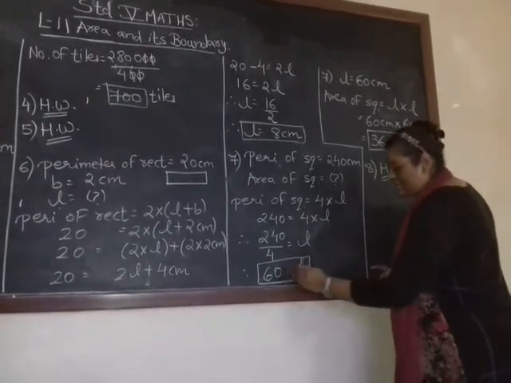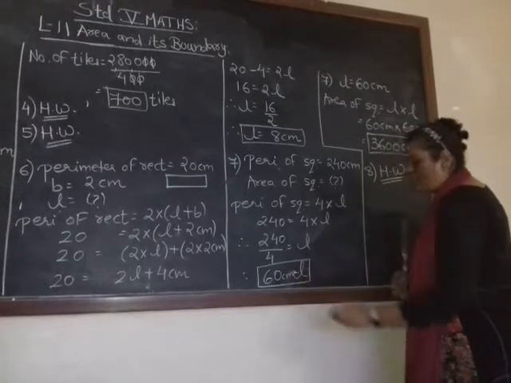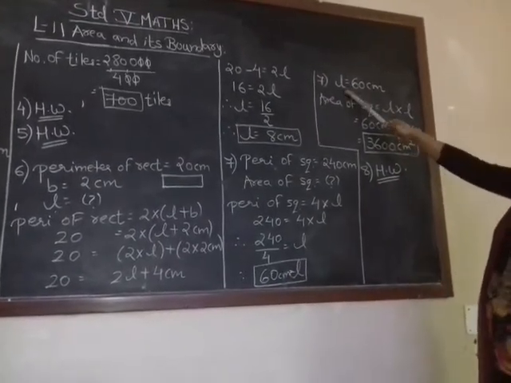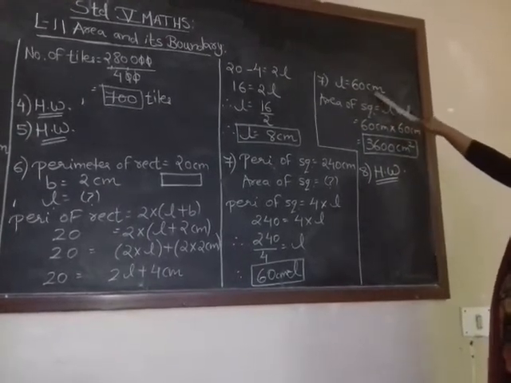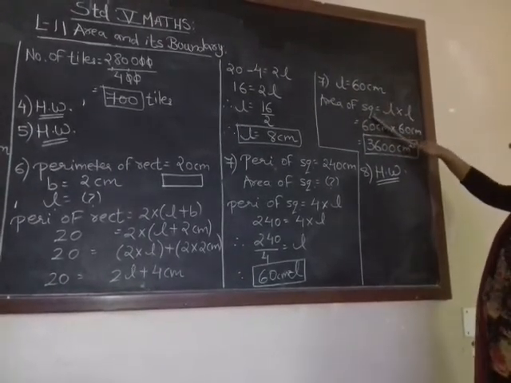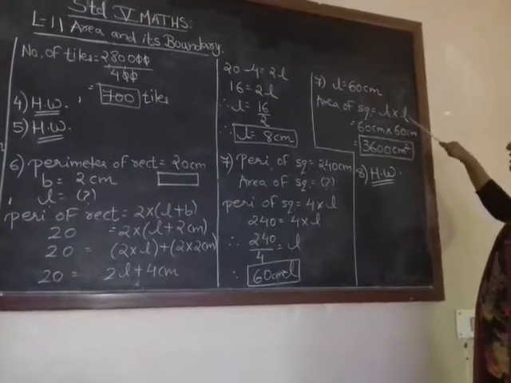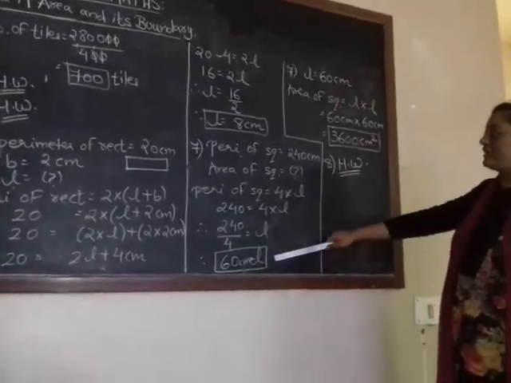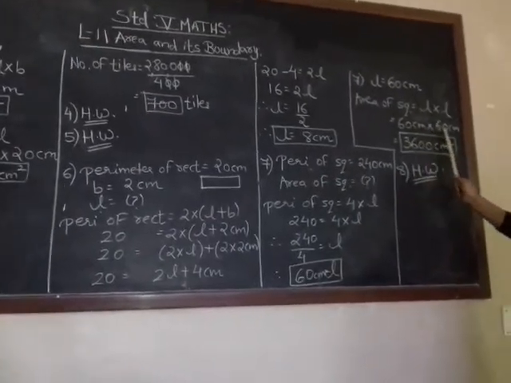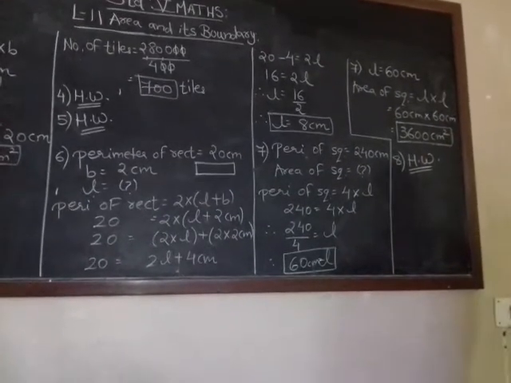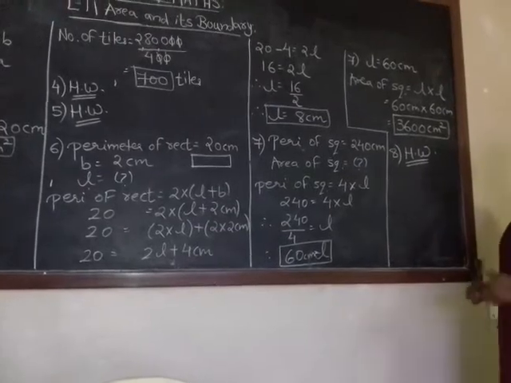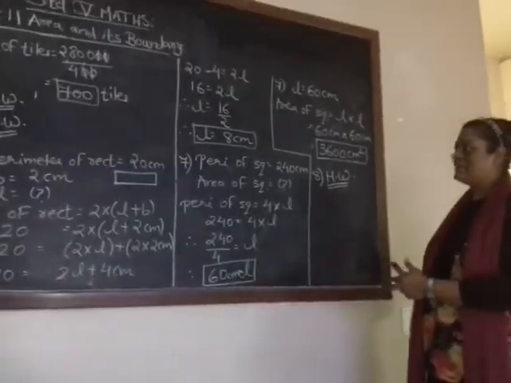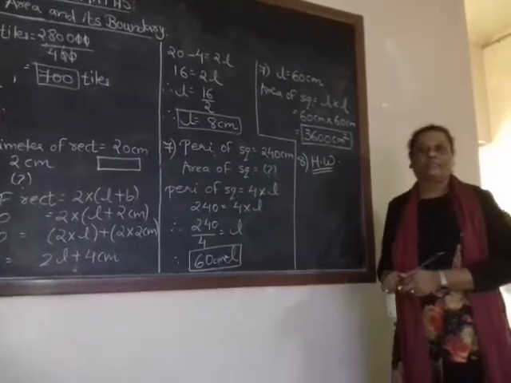The 60 centimeter is equal to the length of the square carom board. Now you clearly know that when we have a length of 60 centimeter, to find the area of a square, we want to find L into L. So now we have the length, using the formula we found here. 60 into 60 makes 3600 square centimeter, or centimeter raised to 2. So hopefully this is clear to you. Question number 8 again is in your homework. Thank you.